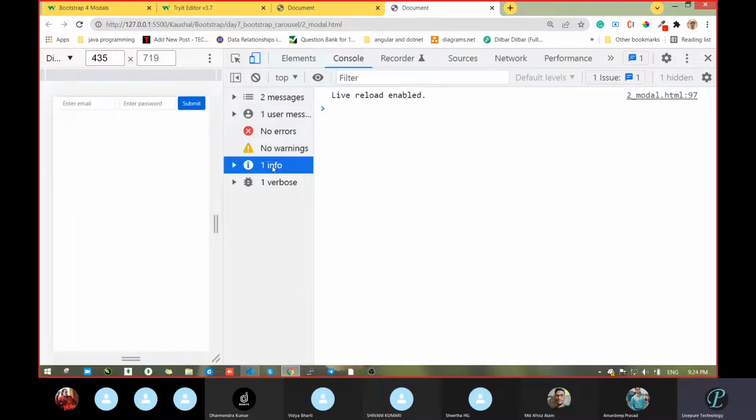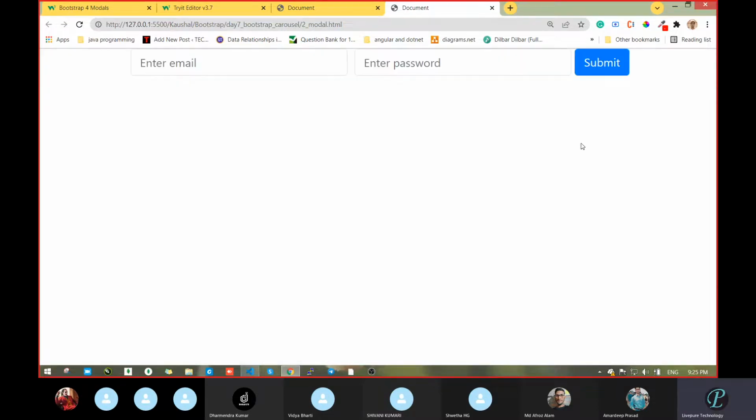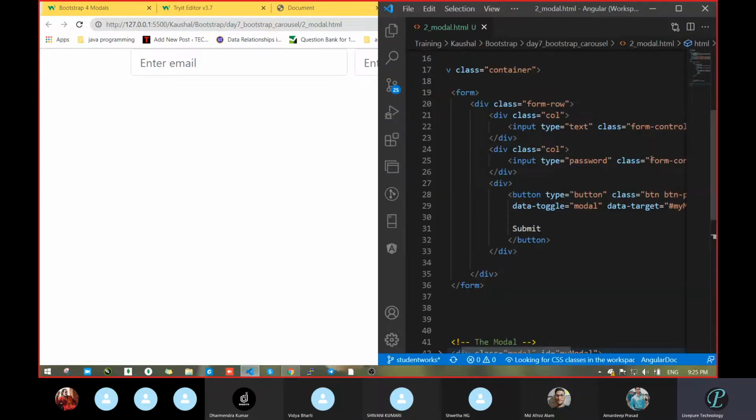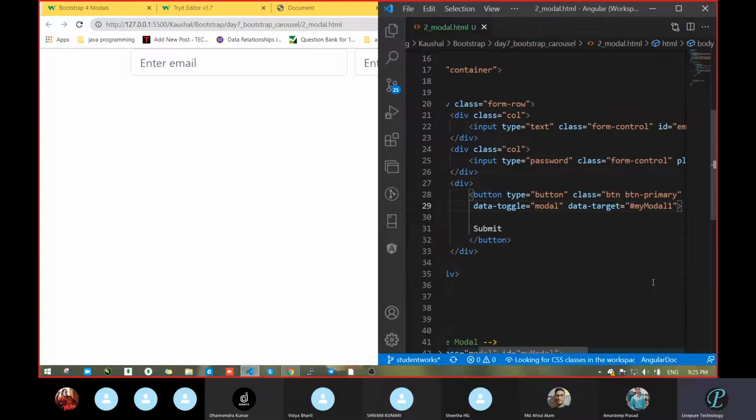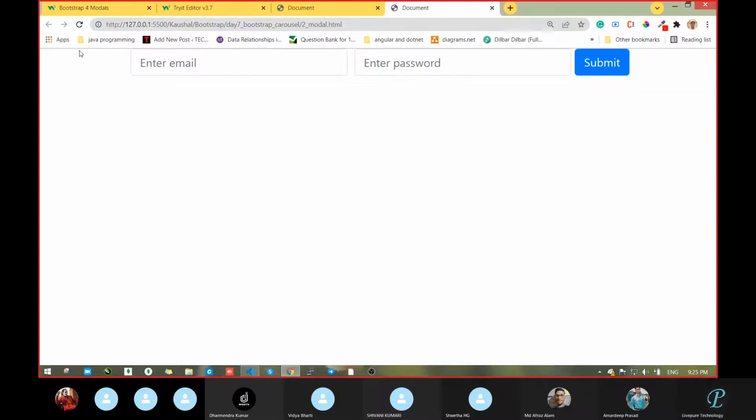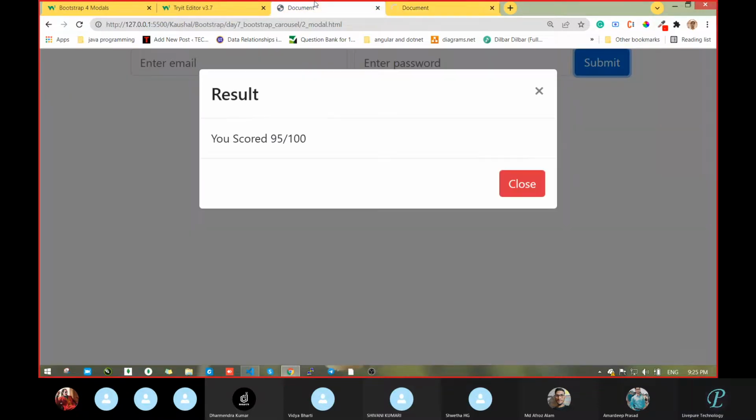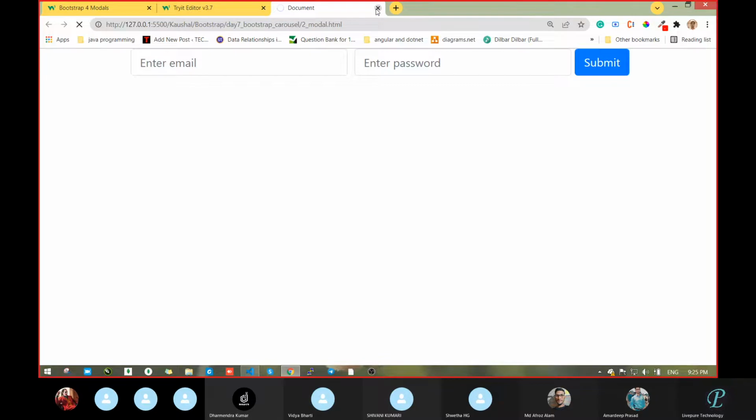One user info is there, no error. Okay, so we are not getting an error. Let it be, but it is not targeting because we changed the value of the data target hash my model. Let's remove this one and save. And now, just wait. Let it be.